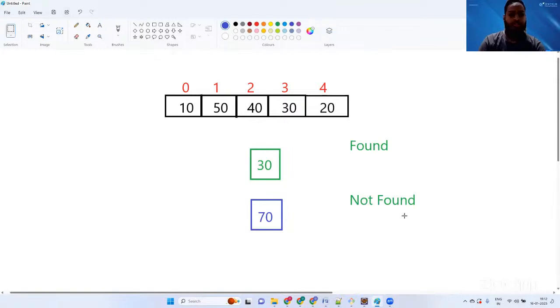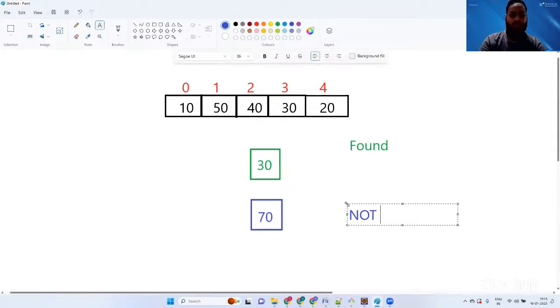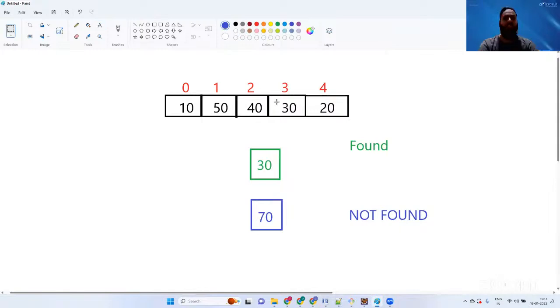This is what the expected output of the program is. If found, return found. Not there, return not found. So what we do in linear search is